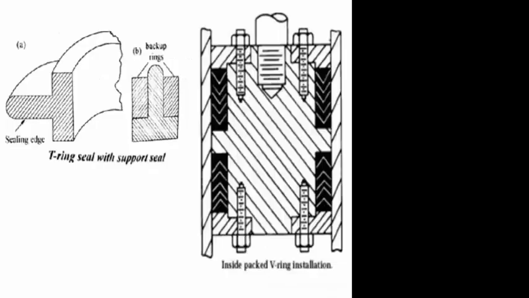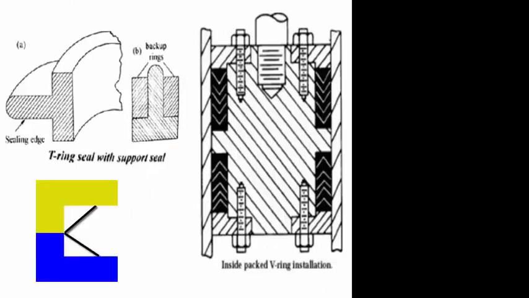Now if you have seen the gasket which is present in the domestic pressure cooker, if you are cutting it at any location, you will see the cross section as V shape. So what happens over there? When the pressure inside the cooker is increasing, the pressure will be acting on the inner surface of the V. The V will open against the metallic surfaces which it is trying to seal, and it will create a very good sealing.